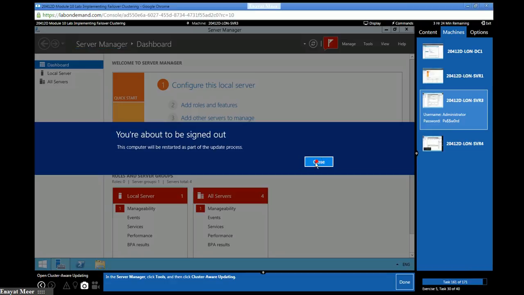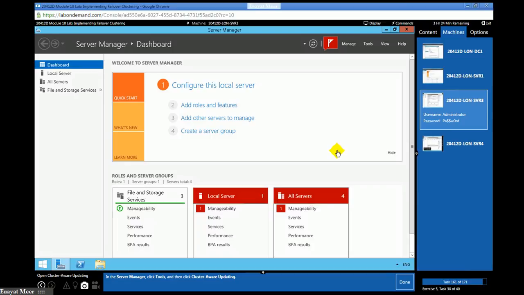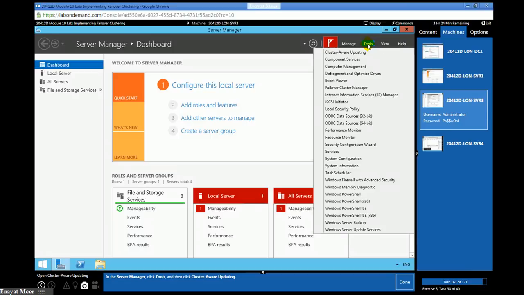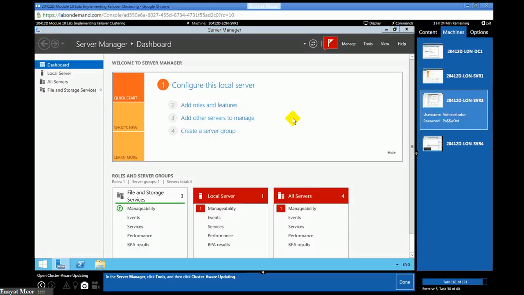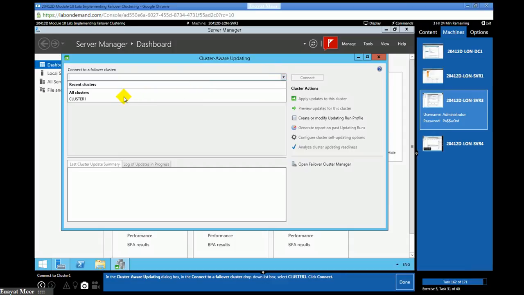When SVR3 was signing out again, maybe I hit something, but anyway it wasn't really required. You simply go to Tools and go into your CAU, Cluster-Aware Updating.